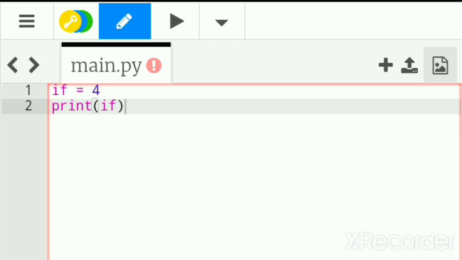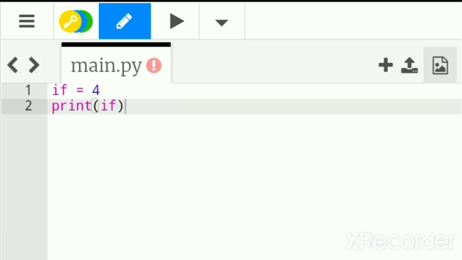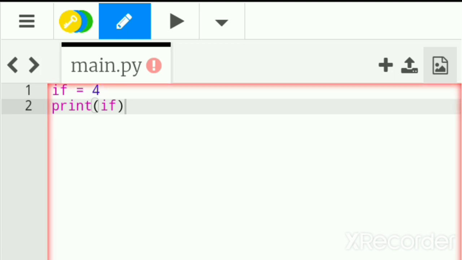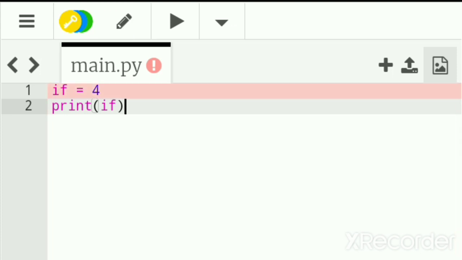Good, so this is what we have today. We have seen what a variable is, how to create a variable and how to use it in our program. I hope that this lesson has given you some important information